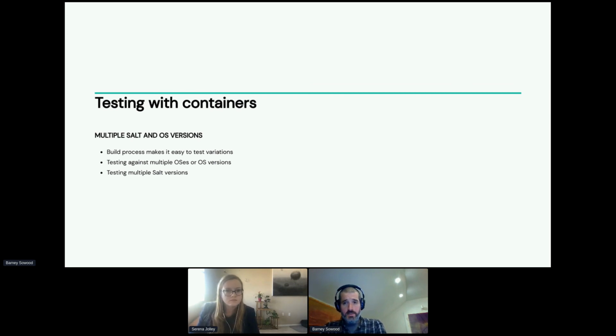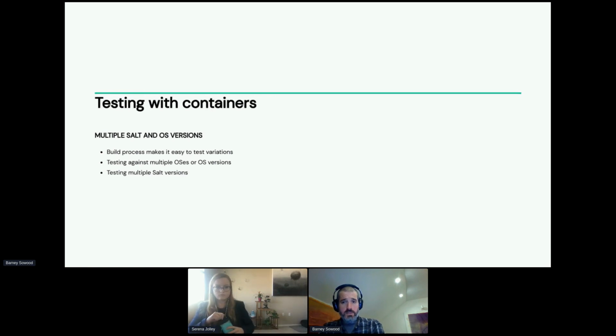So by making it simple to add another OS to your testing, it means you can find some issues early on before you perhaps even have any machines running that OS. It's also easy to keep testing against some older versions. If you perhaps have got some critical infrastructure somewhere, critical machines that aren't going away, and you don't want to break them with new work or changes.